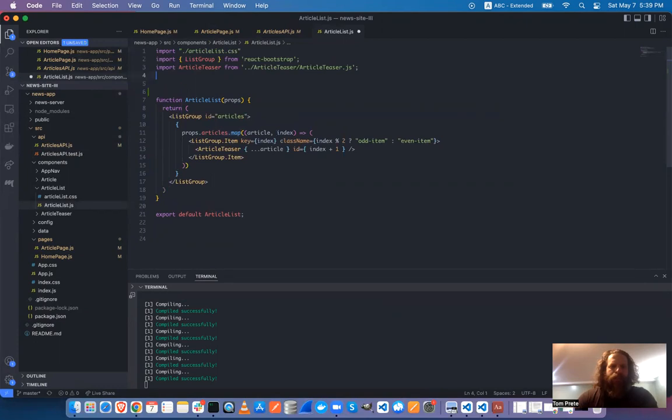So I'm gonna import the API, API slash all articles. Okay. And once I have that,